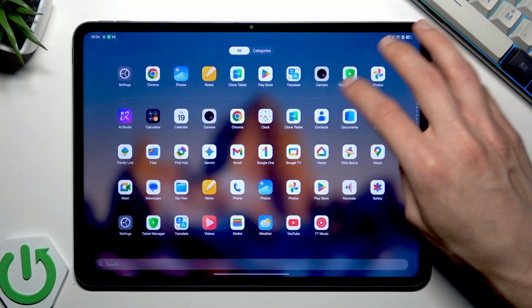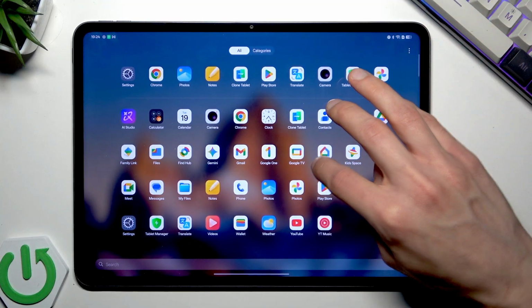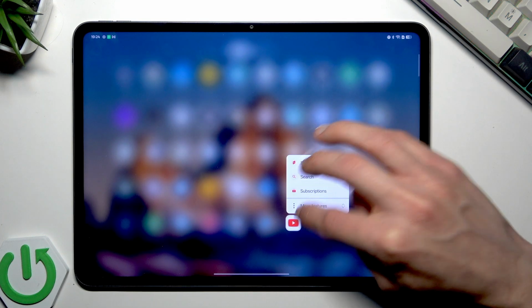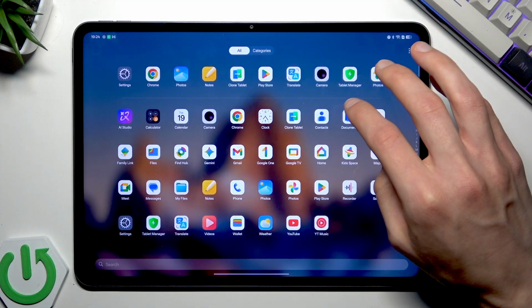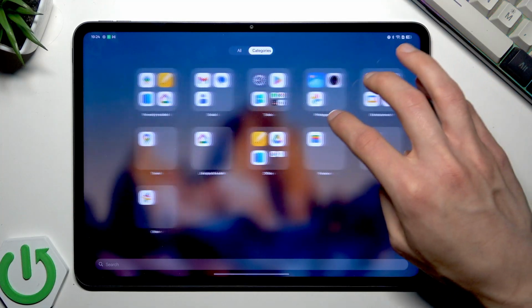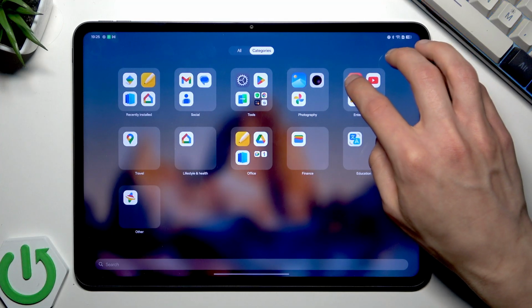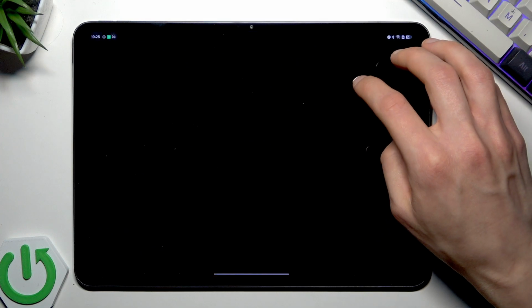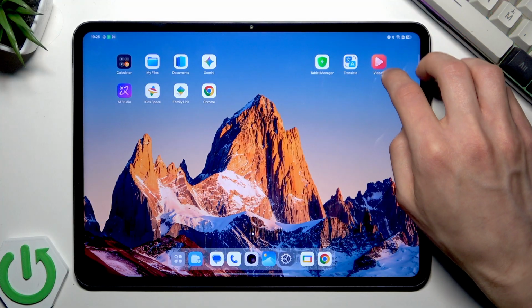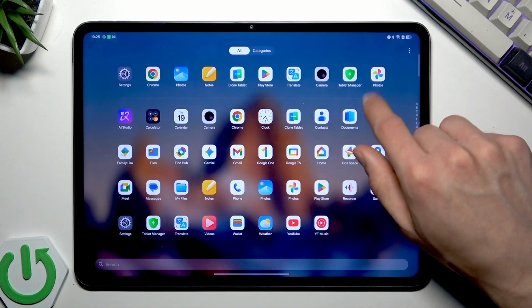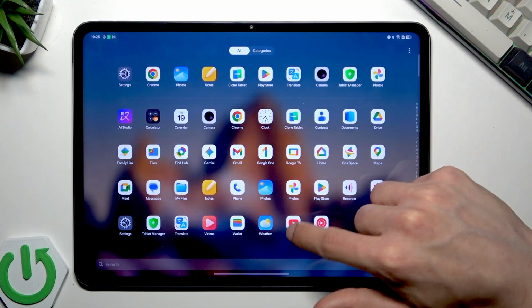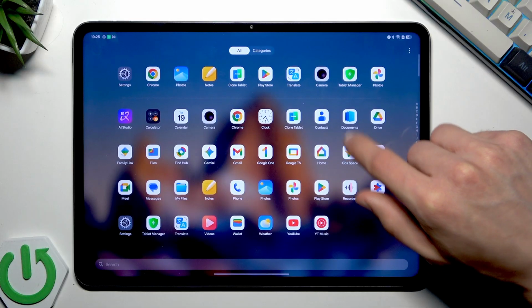Now let's find another application, for example, YouTube. Oh no, we can't uninstall it. So let's find some app that can be uninstalled. I hope that I have some. No, seemingly I don't. But basically, if you uninstall an application, you'll be able to just find it in the